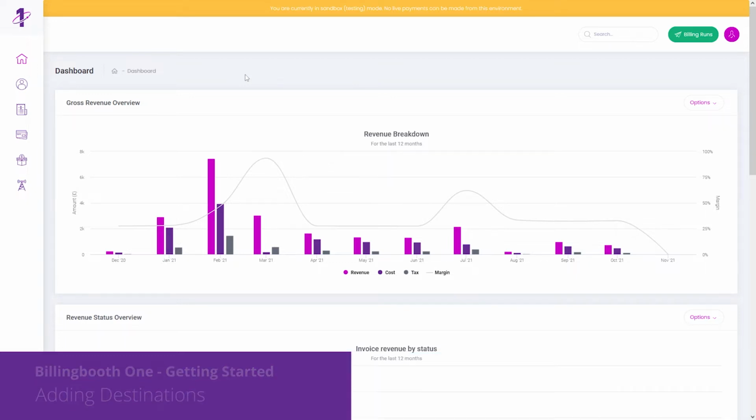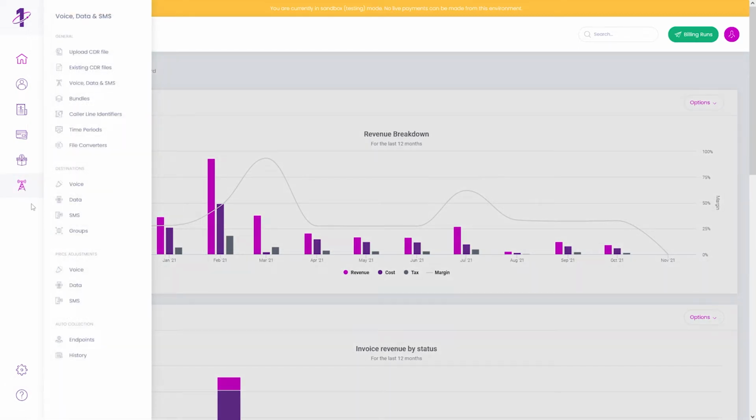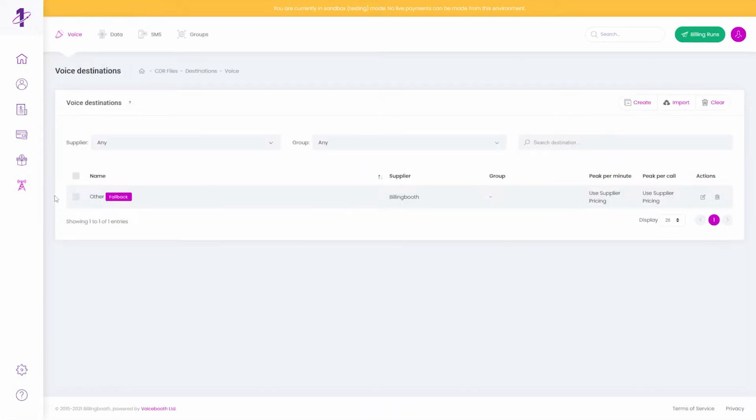In this video, we'll go over two ways to add destinations to your Billingbooth One account. To get started, click the voice data and SMS icon in the side navigation, and then voice under the destination submenu. This takes you to the voice destination listing screen. By adding a supplier to your account, you should see a destination called Other tagged as a fallback for that